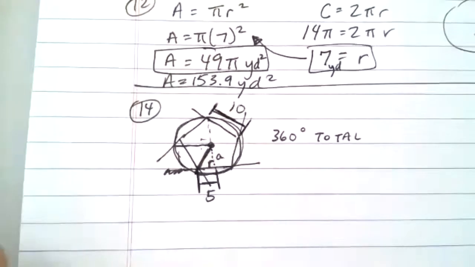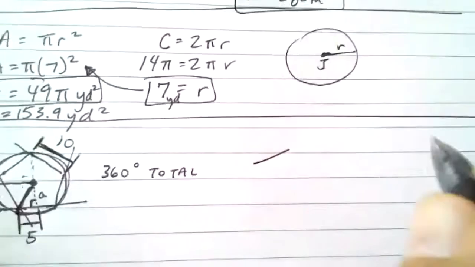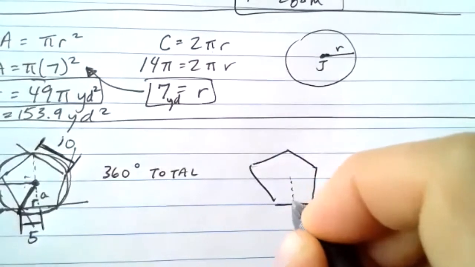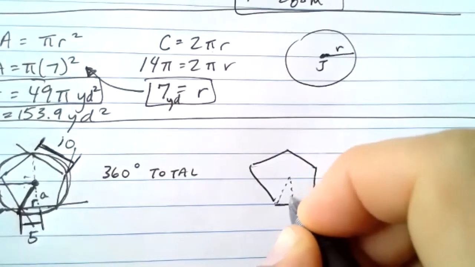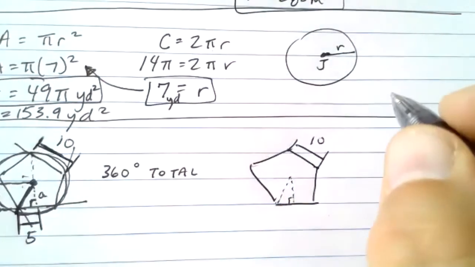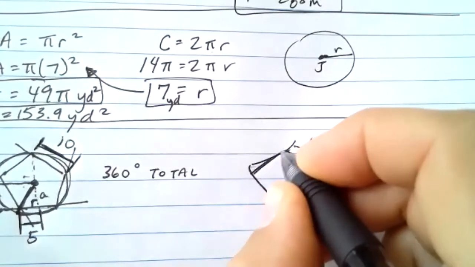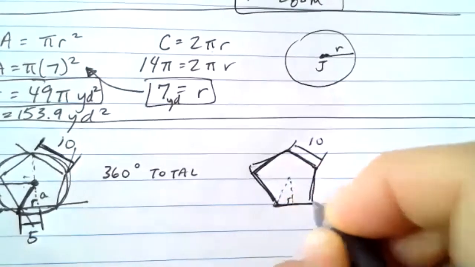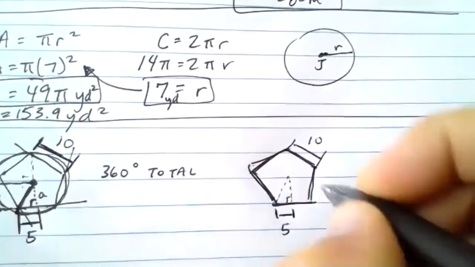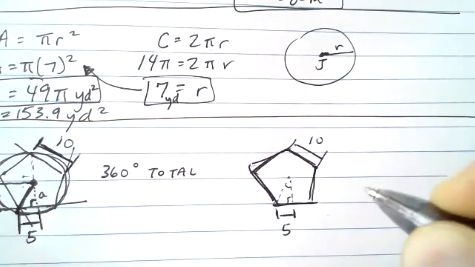I'm writing it, I'm not showing you, okay? So here, I'll clear this up. We've got a regular pentagon, okay? We've got this apothem going here, and this other hypotenuse going here. This length from here to here is 10, according to the problem. All this is supposed to be regular, so it's not very pretty, right? From here to here would be half of that, that would be 5. The key here is I need to find this angle right here, and we're just